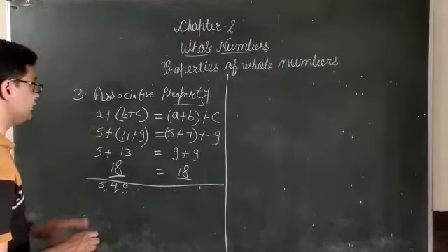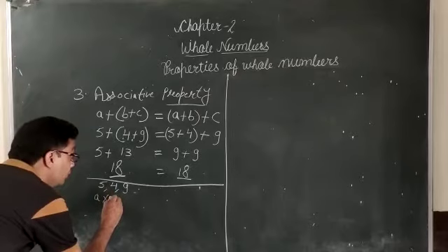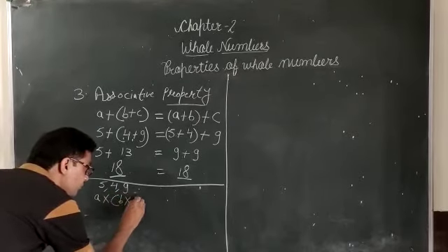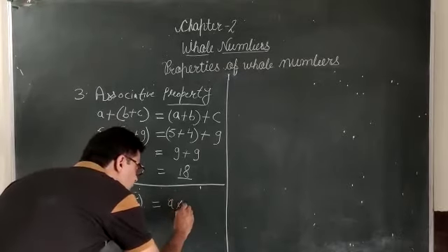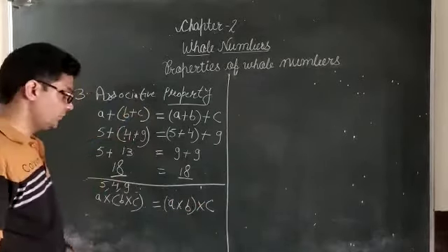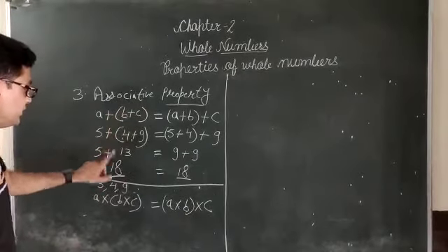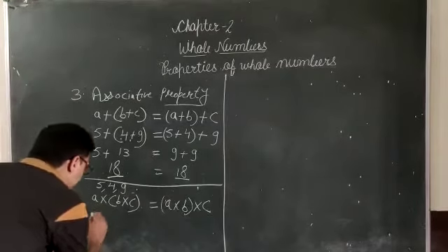So what does the associative property say? (A into B) into C is equal to A into (B into C). At the place of addition, now I have put the sign of multiplication. So what is A? 5